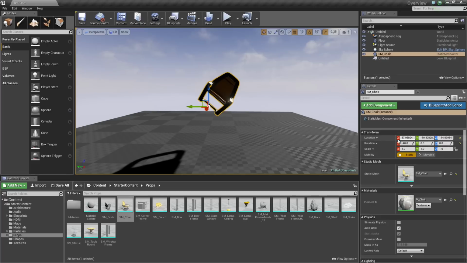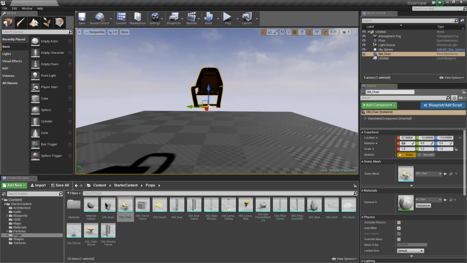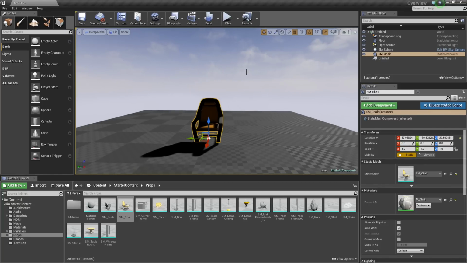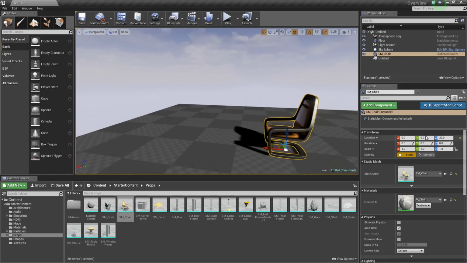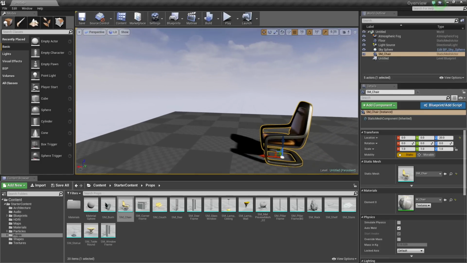For the purposes of this video, we're only going to be talking about location, but really quickly I'm going to zero back out my rotation so that it's perpendicular, and once I'm in the viewport here, I'm going to press End again to get it back down to the floor. And for the X and the Y, I'm just going to punch in 0. And let's just make the Z 20, just so it's an even number. So you can see now we have X and Y set to 0 and our Z set to 20.